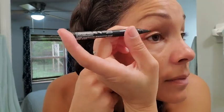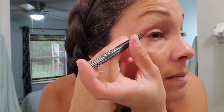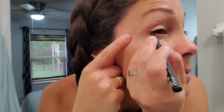Just take a look. First off, the tip on this eyeliner is so nice and pointed, so you're able to apply it very easily and gently. You can make a line as thin or as thick as you like. I just love it. Something else that I love about this eyeliner is that you can make the perfect wing